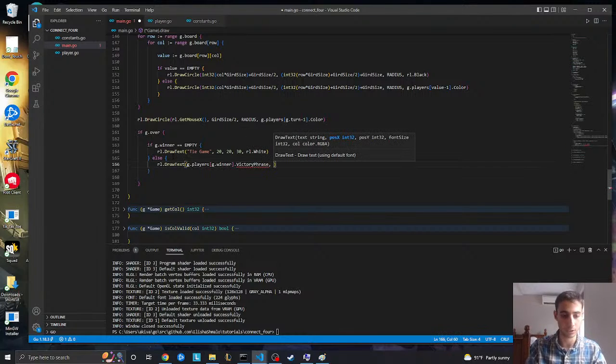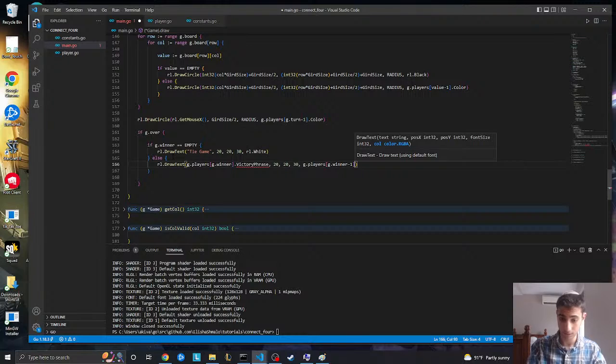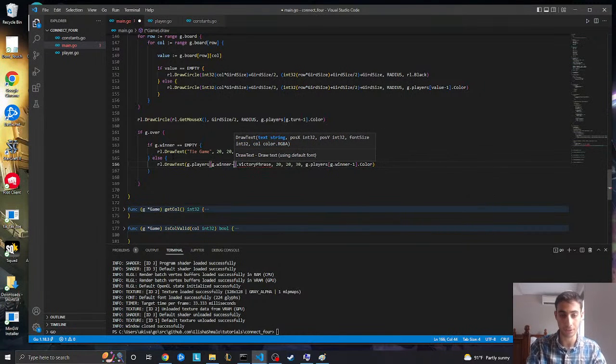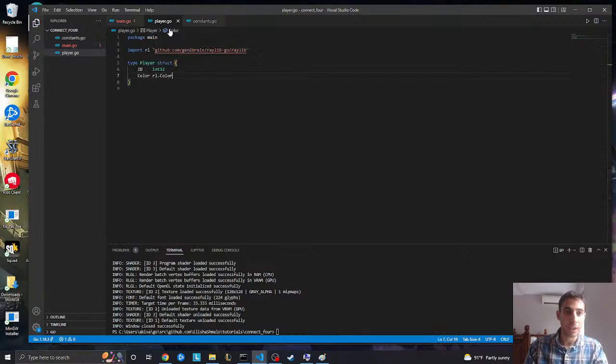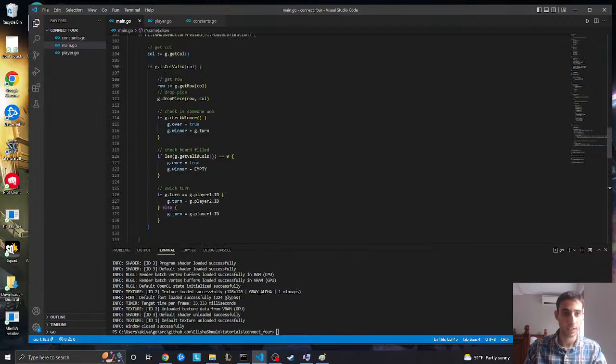The position will be 20, 20, 30, and then over here for the color it will be g.players[g.winner - 1].color, because again the winner needs to be -1, and it needs to be like that over here as well, -1. And then for player we need a new thing, so victory_phrase, which will be a type of string. So every player needs a victory phrase. And then over here,